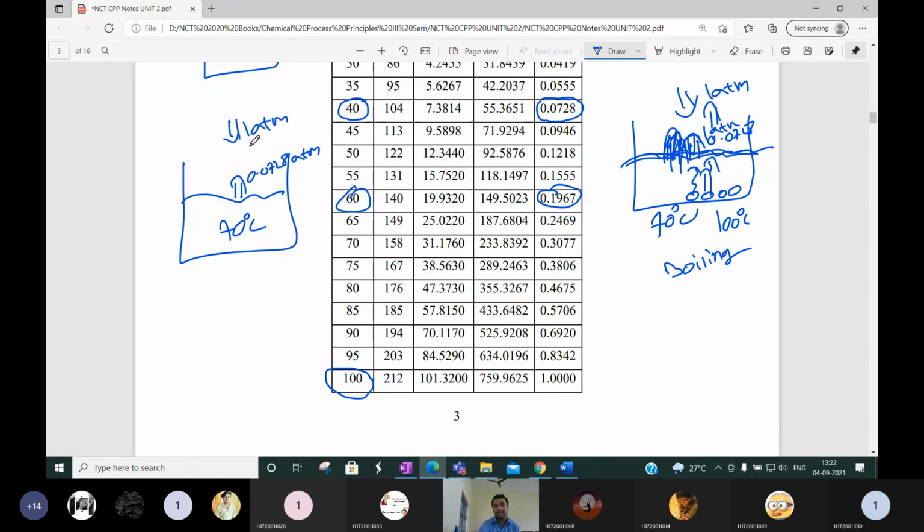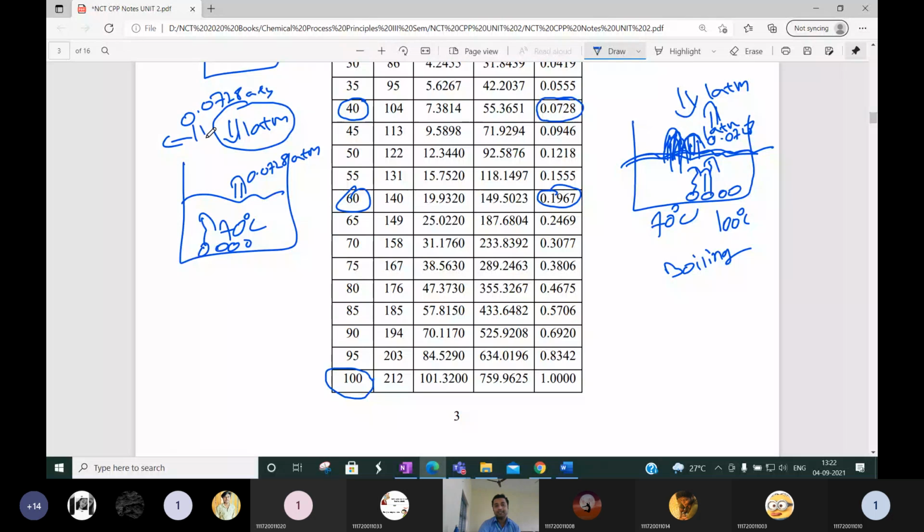We know that when this pressure and this pressure are equal, then this liquid or these bubbles will come out. That is called boiling. So for the bubble to come out, in reverse you can see this pressure should equal this pressure. If we decrease the external pressure, suppose we create 0.0728. Okay, then suppose instead of 1 atmosphere, we use some vacuum pump and we reduce this pressure. It will reach this atmosphere.